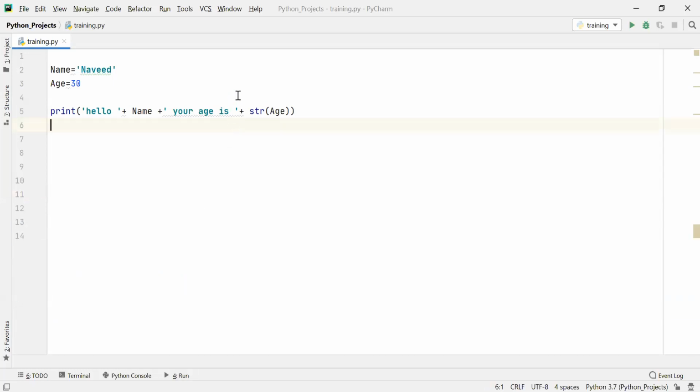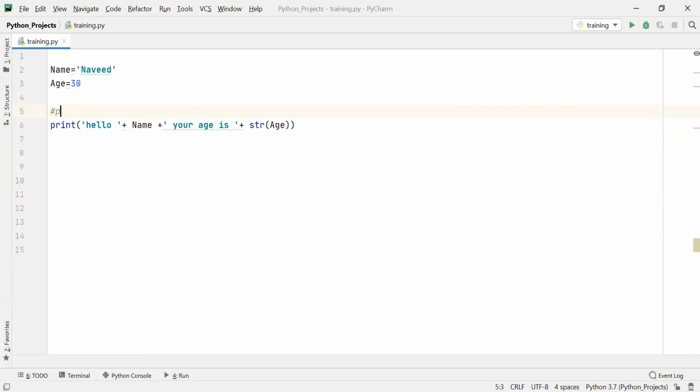Now this is something which we used to write in Python version 2. Now let's see how we are going to write the same statement using the latest Python version 3.